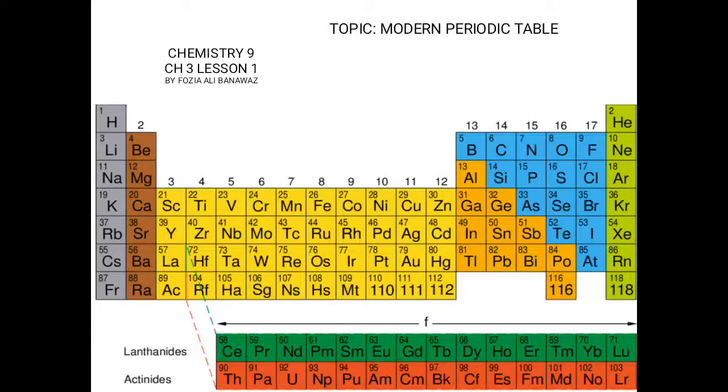You must have been looking at this chart many times, but today we will study the real features which are discussed, explored and used in making this table. The periodic table is defined as the tabular arrangement of elements. 118 elements are listed in it, and there is an order of elements: why they are placed and where they are placed. Every setting and plotting is decided.